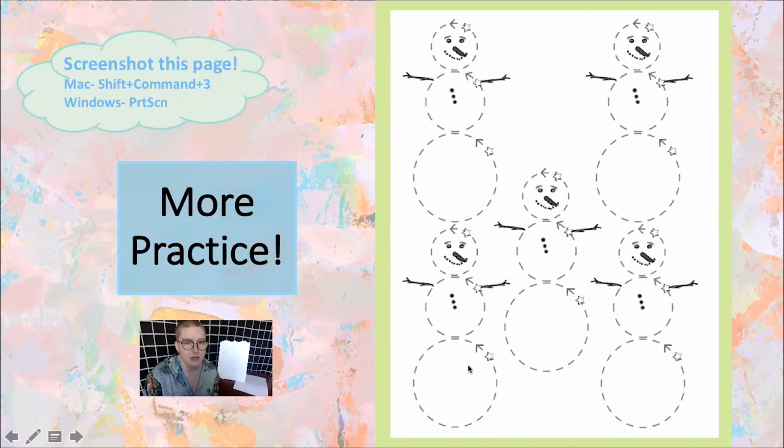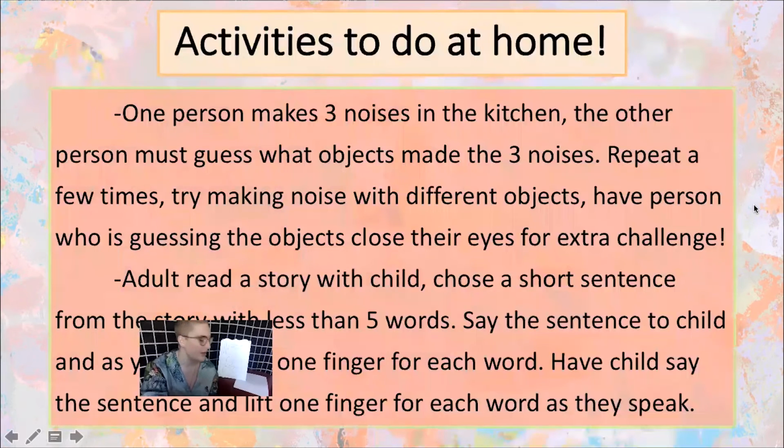Like I said, trace it on your screen, screenshot it with these instructions in the top left corner if you would like to print it out, or you can edit the photo and draw on it on your device as well. So that is our more practice with circles, feel free to pause the video here if you want more time to trace them with your fingers. By all means, please take your time to do that. We also have some